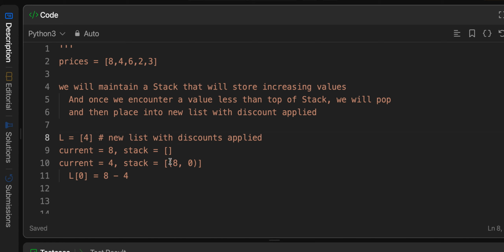So this is the current value. On the stack it's 8, and 4 is current. So 8 minus 4, this is the discount applied. And now we go to the next number. The next number is 6. So current equals 6, and stack equals